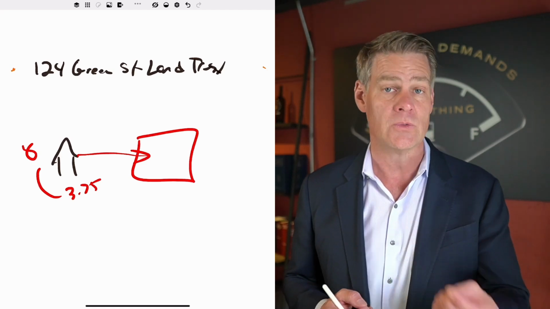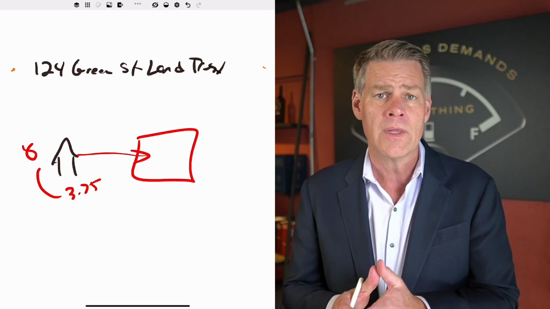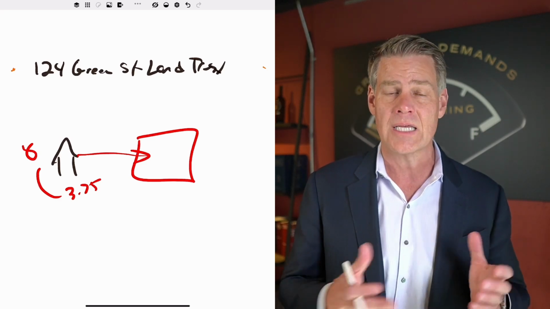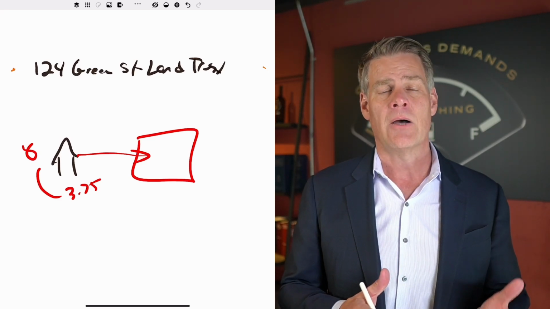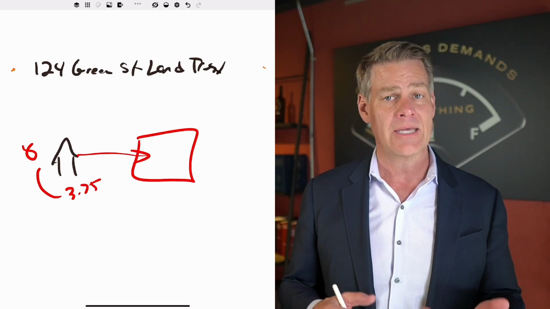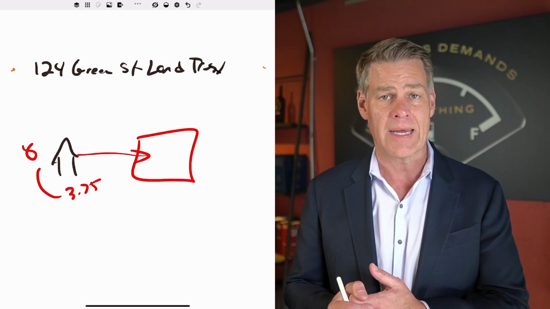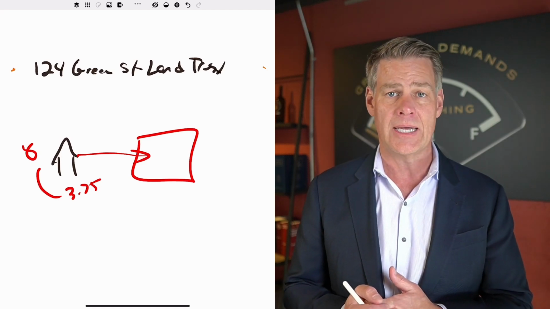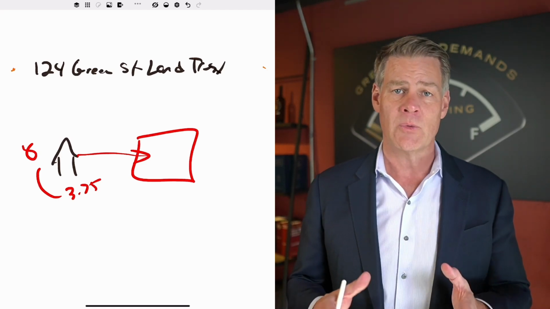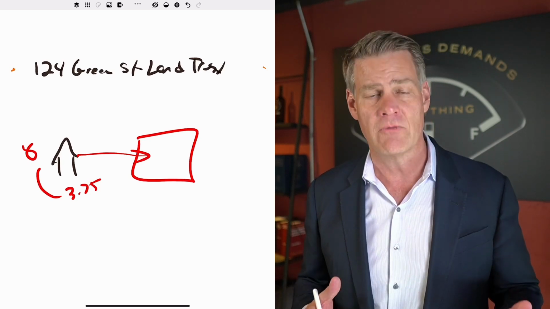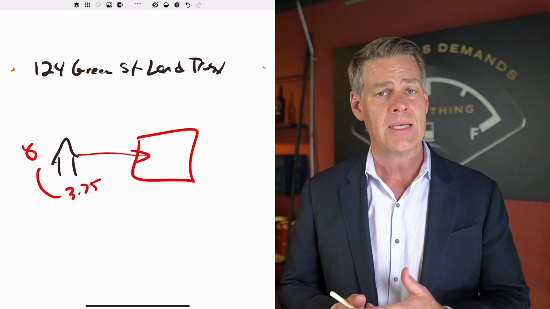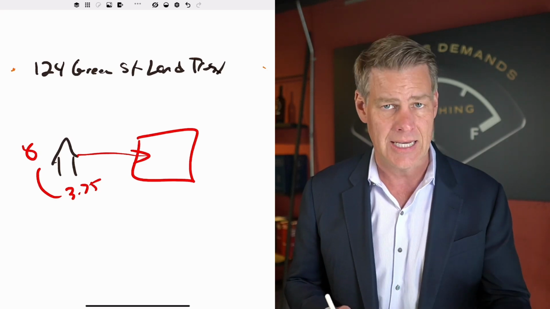Hence, you use a land trust because you've been told that transferring property into a land trust avoids lender acceleration. Now, whether or not that is completely accurate will depend on the lender. The lender could try to accelerate if the property is transferred into a land trust. But my point is, why even get into an argument with the lender to begin with? Why even put yourself in a position where they know that you've put your property into a land trust? But people do this time and time again.